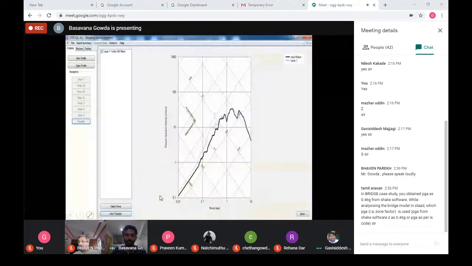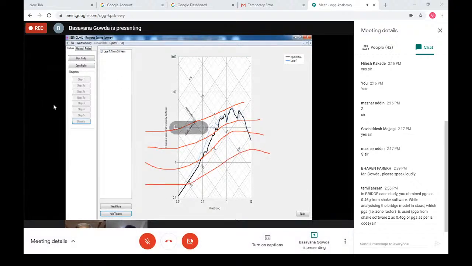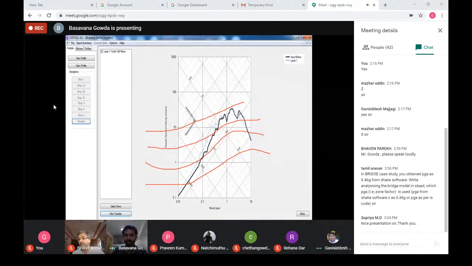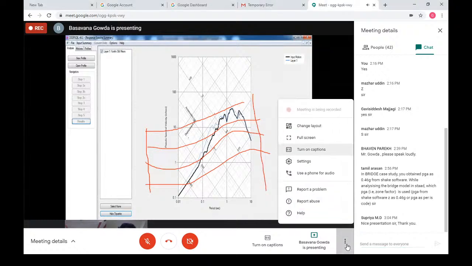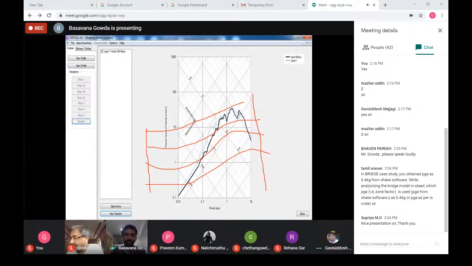I'll just draw and show you. Suppose the soil layer is not exactly horizontal, or is somewhat like this, then how do you feed this into SHAKE2000 or DEEPSOIL? So this has to be overcome. You can overcome this with the help of available finite element softwares, as I mentioned. Even some of the boundary conditions can be defined properly with the help of the finite element methods available. Okay, so it's not that you should not use these